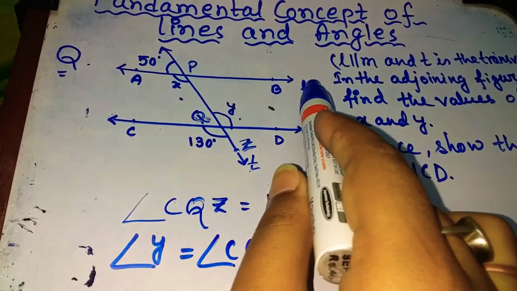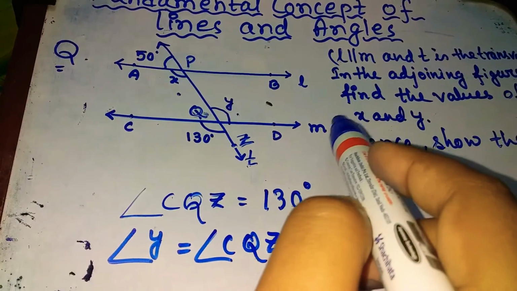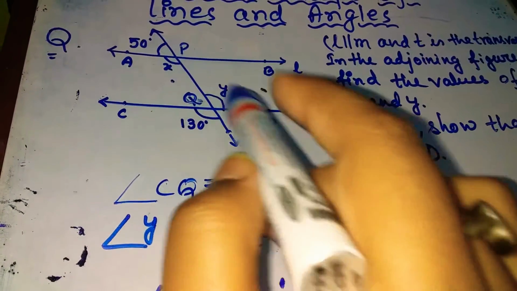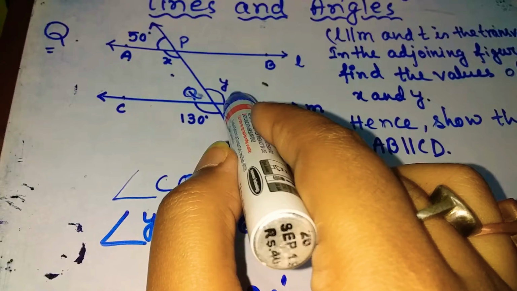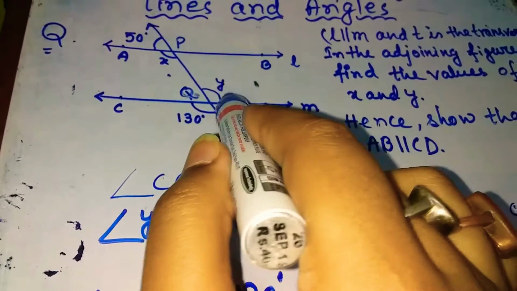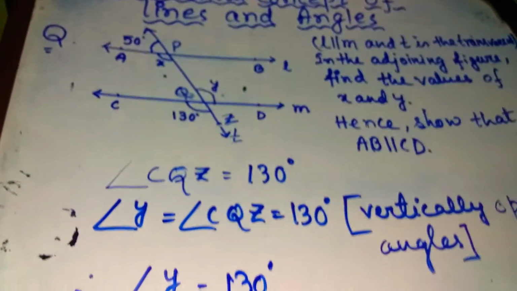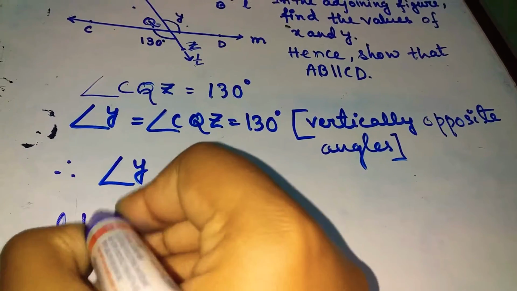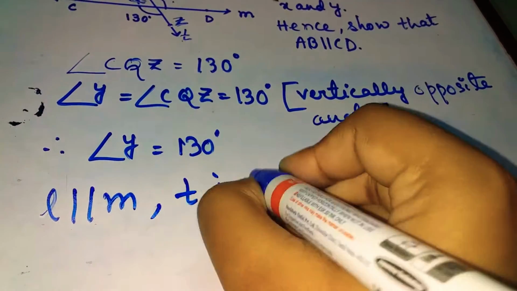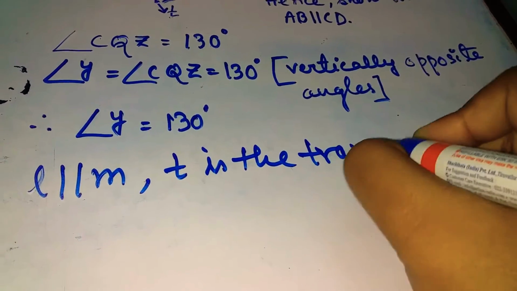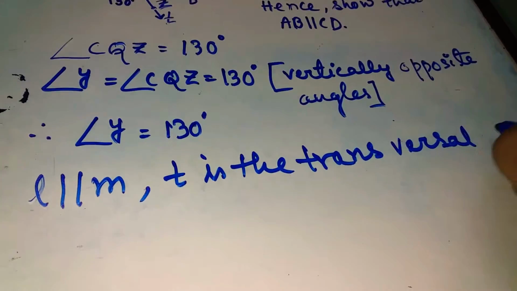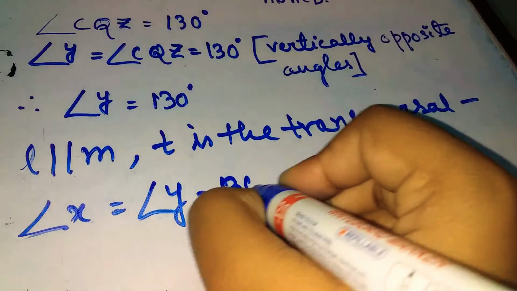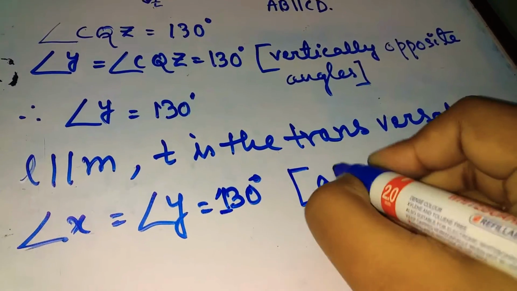Now from the picture we get that if L and M are parallel to each other and T is a transversal, then x and y are both interior angles and the relation between them is that they are alternate interior angles. And from the last video we learned that alternate interior angles are equal to each other. Then if L is parallel to M and T is the transversal,